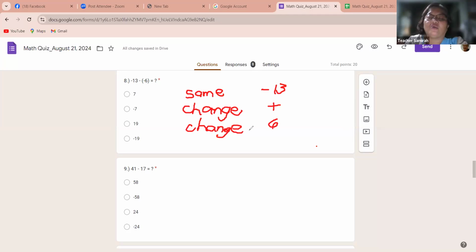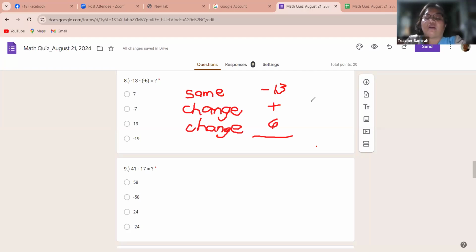We are going to go back to the rule of addition regarding integers with different signs. According to that rule, when you add two integers having different signs, we are not going to add the two integers, but rather we are going to subtract them, and copy the sign of the bigger number. Look at this: 13 is negative, while 6 is positive.